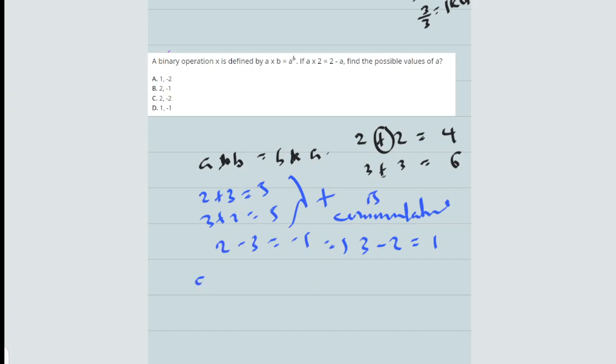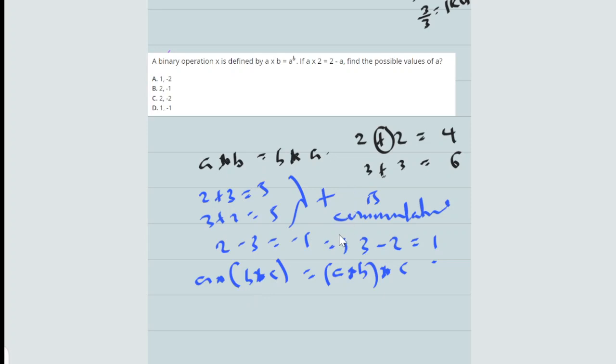Another property, like I've explained in the last video, is the associativity property. That is when you have 3 elements and you change their grouping like this, then you are still going to have the same result. So if an operator satisfies this property, then you say that operator is associative. Then we have the distributive property.